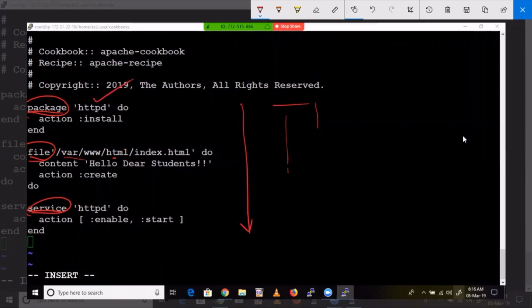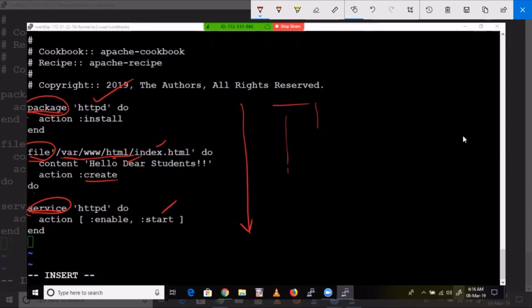First I'm installing the package that we already used. Now I'm going to create a file. I have given the complete path, so the file will be created inside this. I'm keeping some content and action create. The file will be created. Do. Next, service, I need to start the service, right? Service HTTPD start.